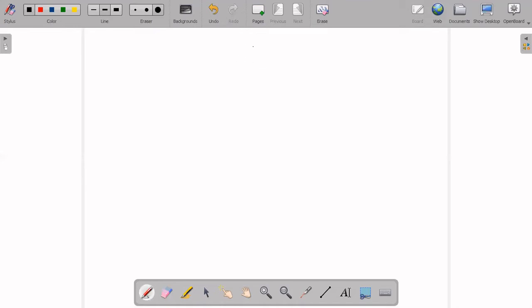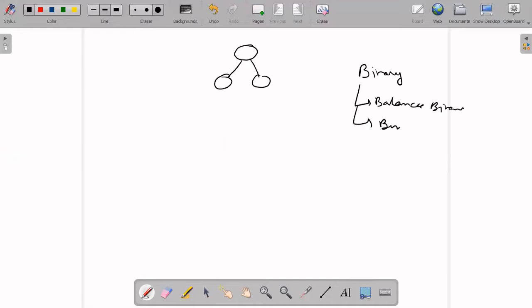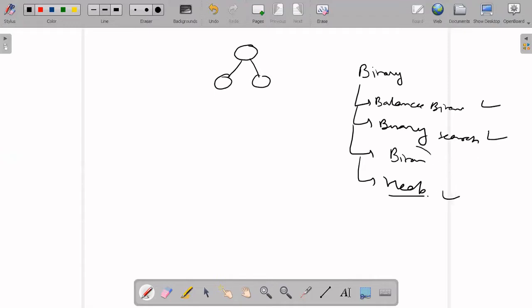So we were discussing the tree. Here we are only discussing the binary tree properties. Again, in binary tree, we may have a balanced binary search tree, or plain binary tree, or maybe heap. We'll discuss all these things later. Don't worry about this. We'll cover those topics. We'll first cover only binary tree.